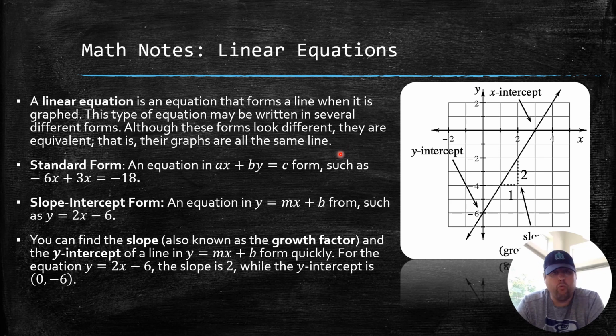There are really, just to start off with, we'll add a third one later, two forms of a line that we want to be able to work with easily. And we did use some of these in our last lesson. The first form is called standard form. It is an equation in the form ax plus by equals c. And an example of a line in that form would be 6x, this should be a y,